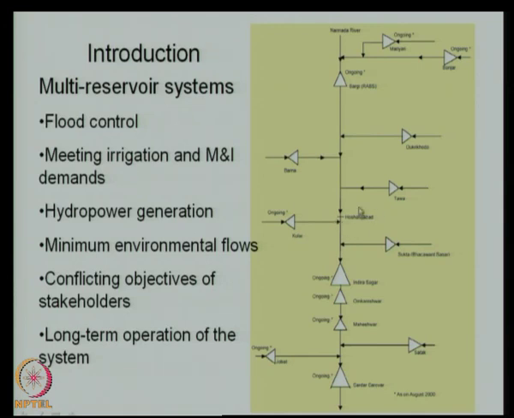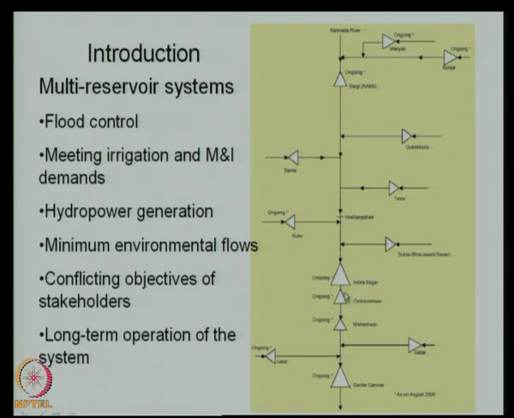Look at the Hoshangabad town, the example that I just mentioned on flood control. The Hoshangabad town here is known to be flood prone because of a large catchment area of high intensity rainfall. There are no controls as such, and the town is historically known to be flood prone. Now, we look at all the upstream reservoirs and start asking the question: can we operate these reservoirs in such a way that the flood flow at Hoshangabad town can be minimized?